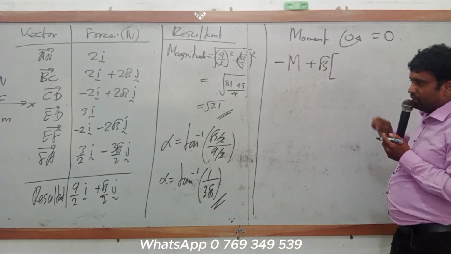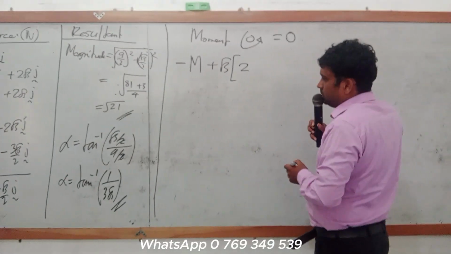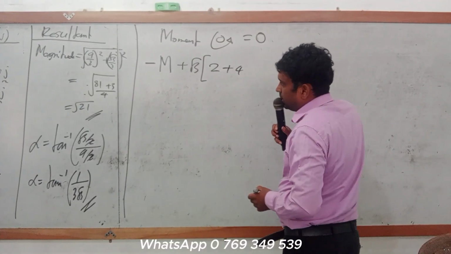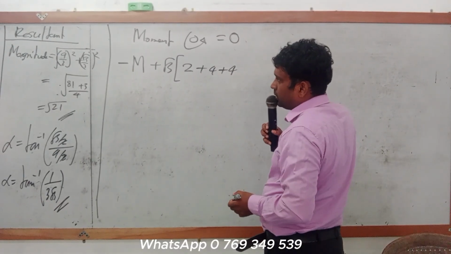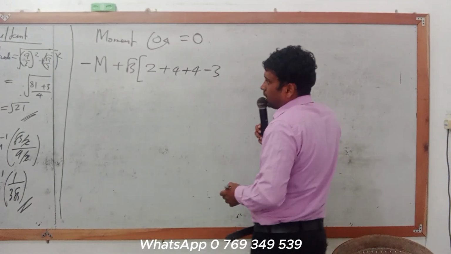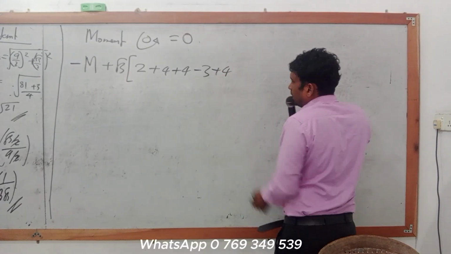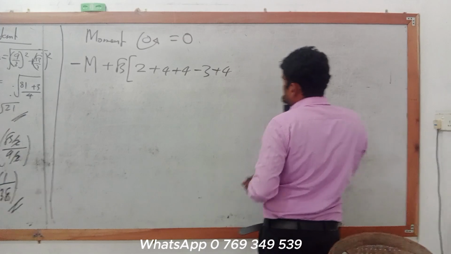First I'm using AB 2 Newton, another one 4 Newton, another one also 4 Newton, another one also 4 Newton, another one minus 3, another one plus 4 Newton, another one 3 Newton